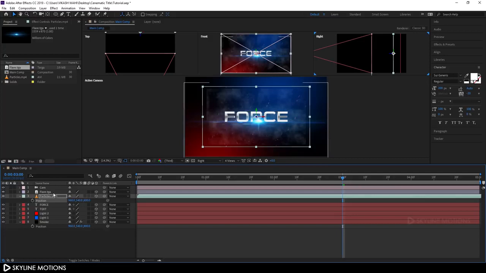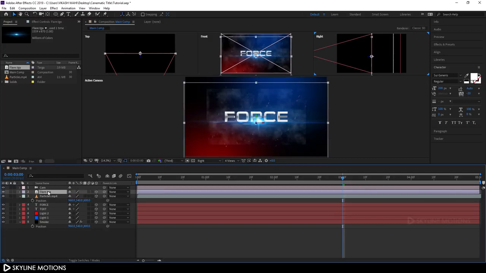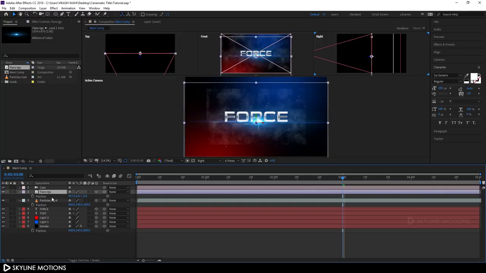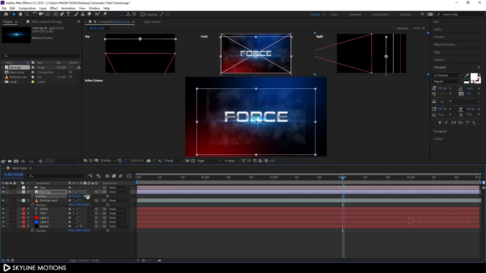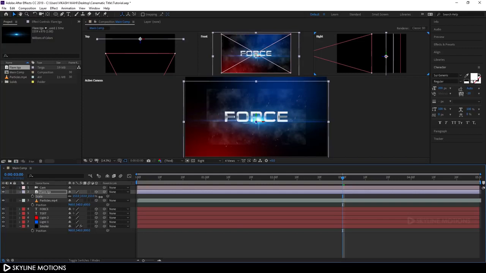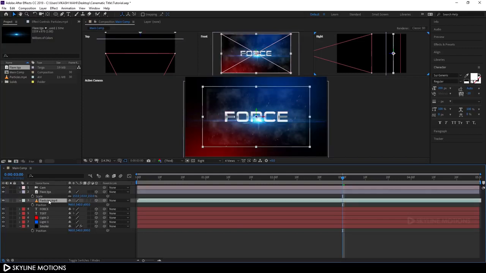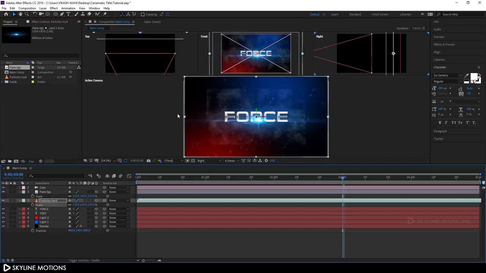And now do the same thing for this flare. So select this flare, hit P on the keyboard to bring out this position properties and set this Z position maybe like 400 and hit enter. And now let's scale it up and fit this lens flare according to our composition size. So hit S on the keyboard and let's scale it up like that, and select this particle, hit S on the keyboard and let's scale it up and fit this according to our composition size,